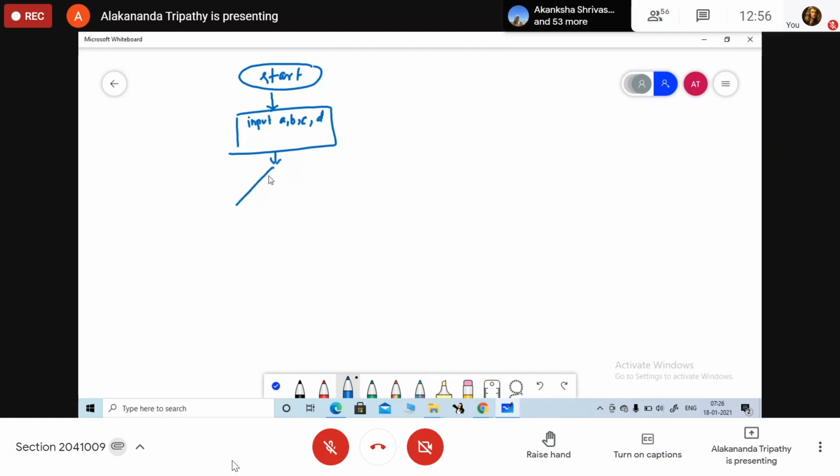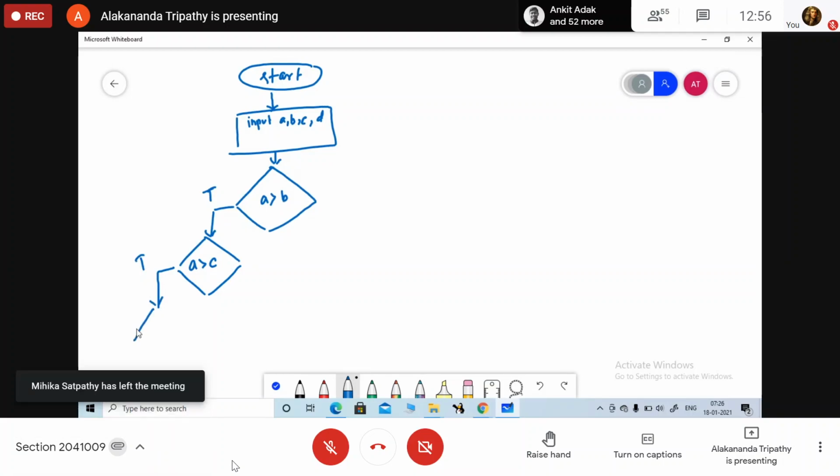So here first we are going to check for the condition what? A greater than B. Now if my condition here is true, again I will check for what? A greater than C. If this condition is again true, what am I going to check?